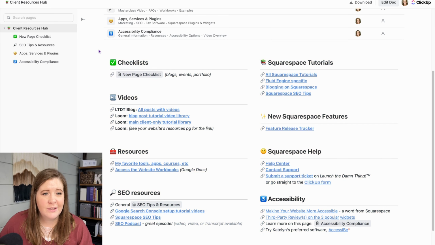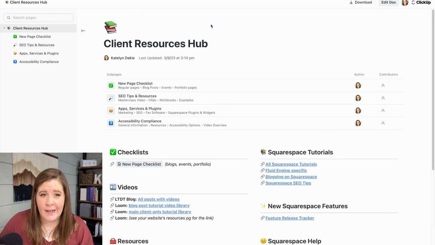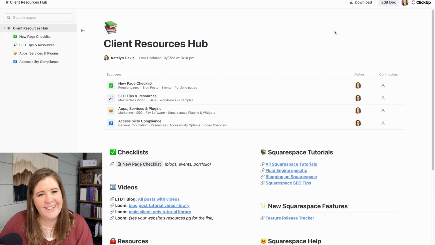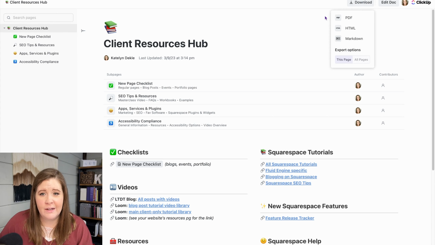And what that actually looks like over here for a client, this is the view of the public document. When they're not logged in or when they're not a ClickUp user, they don't see the edit doc and they don't see their profile picture. That's the only difference. They have the option to download this multi-page document as a PDF or whatever the option is there. Yeah, there we go. So we can do per page or all pages as a PDF